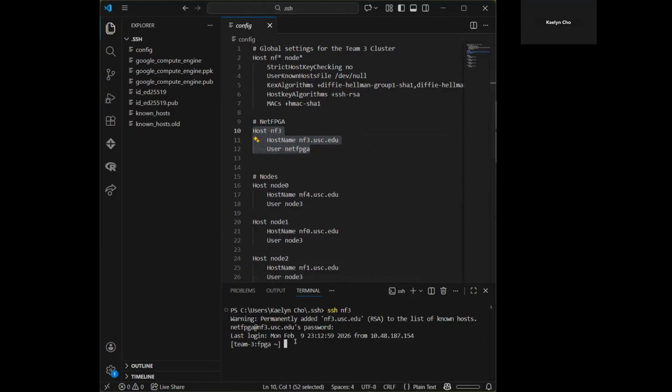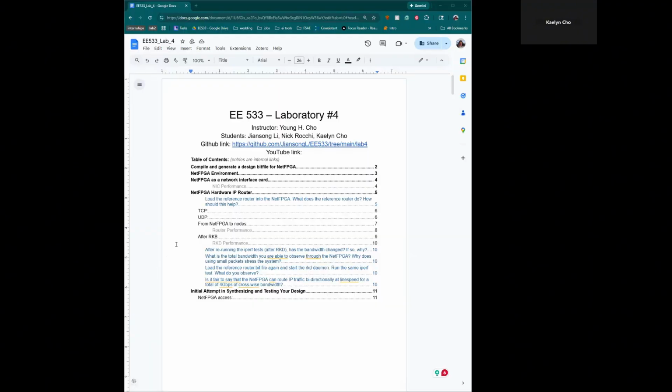We can see our IPs. So before we uploaded our custom bit files to the FPGA, we programmed it with a reference NIC